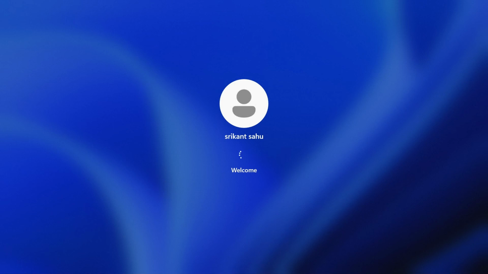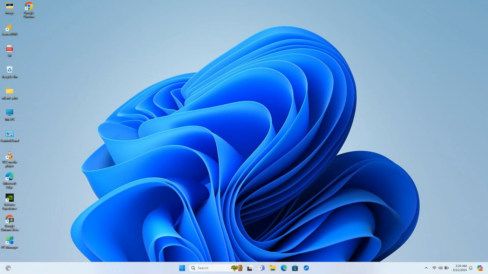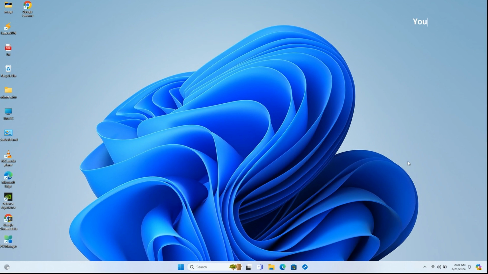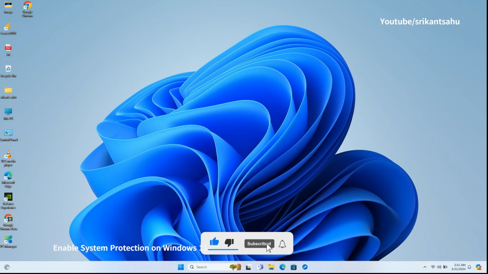Did you buy a new laptop or install the latest Windows 11 on your PC? Here are a few essential steps that you can take to secure and optimize your new operating system. Whenever you get a new laptop or install a new operating system like Windows 11, the very first thing you